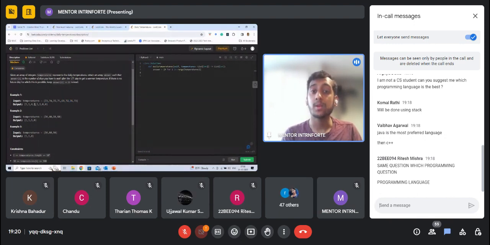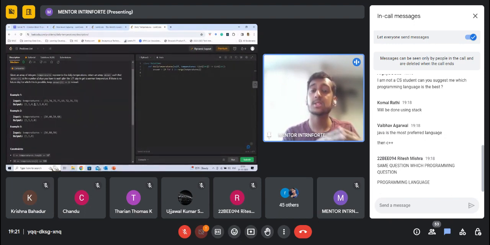So now what we notice here is that at each point we have to keep track of the previous temperatures as well, right? Apart from the current temperature, we have to know what the previous temperatures were, so that we know when we got a warmer temperature than a previous temperature. And one very good approach to solve this would be using a stack.